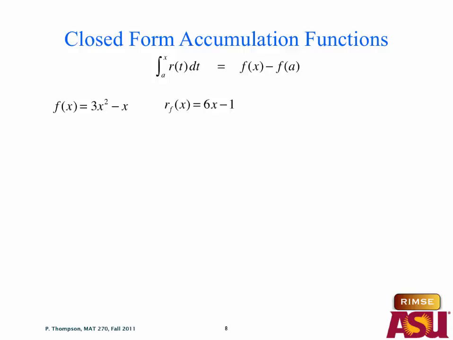Now that we have that closed form rate function, closed form meaning it's just a familiar function that efficiently can give you lots of outputs quickly, just a basic formula that you're used to, now we can answer something like this. If I have the integral from 4 to x of 6t minus 1 dt,